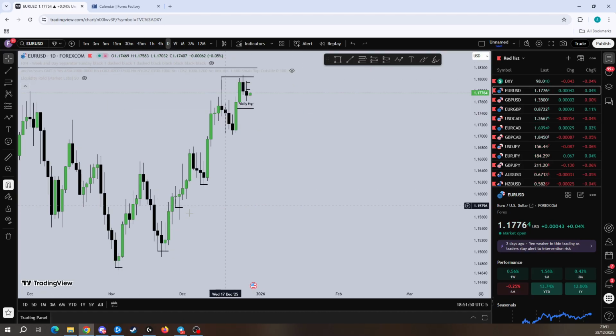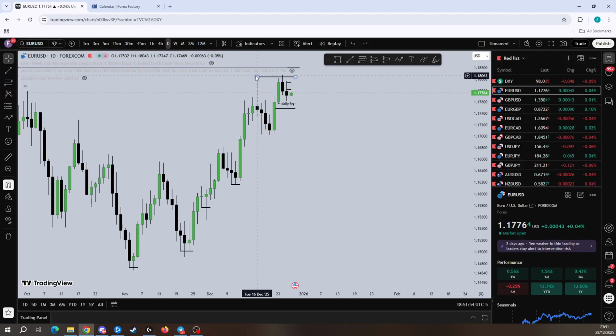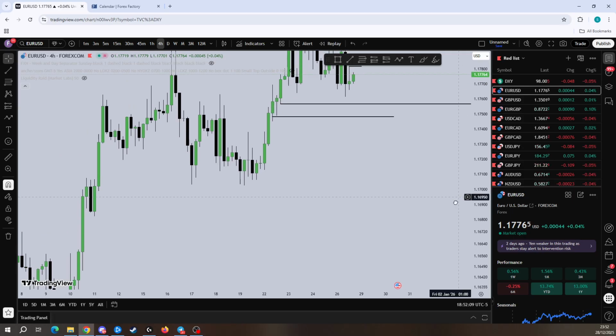Daily market maker buy model, we have this high as the next draw on liquidity. We've taken out this high here, and we're seeing a rejection from the high. So the next draw on liquidity is likely this lower daily fair value gap into the discount, with this order block as well. So if you go on the 4 hour,